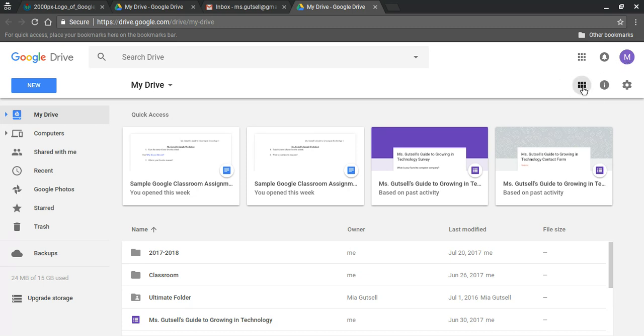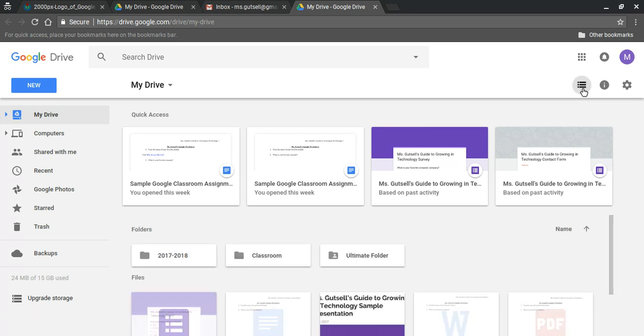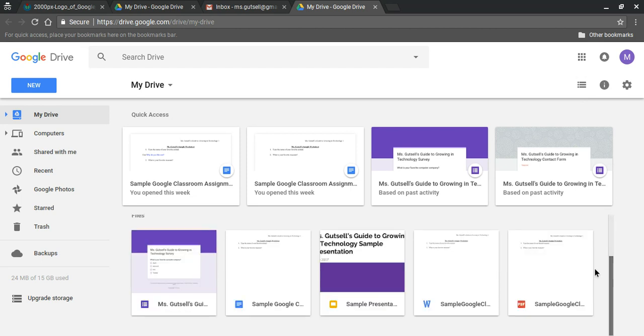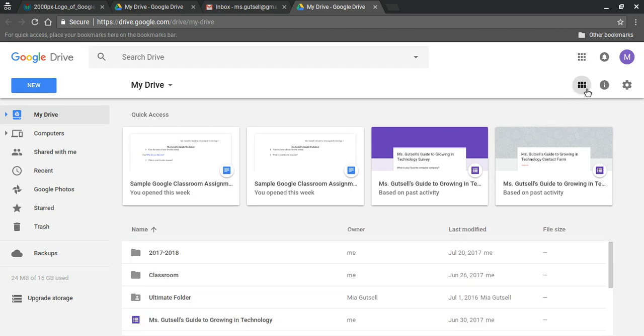This item is the grid view or list view. If you click on grid view, it will change how your Google Drive main loading page shows up, and you will see documents with this visual preview. I personally prefer it in the list view. From there, we can also see the details, which just shows who edited which document in the most recent documents,